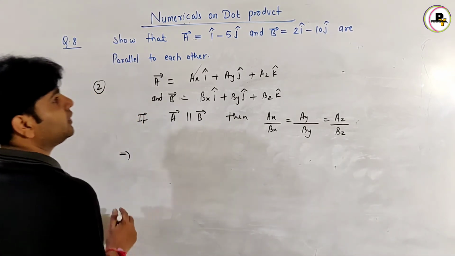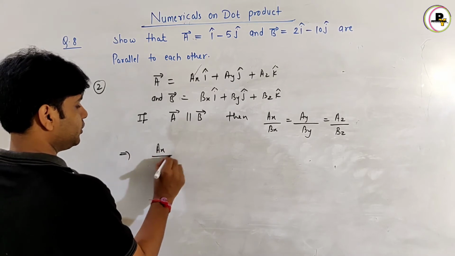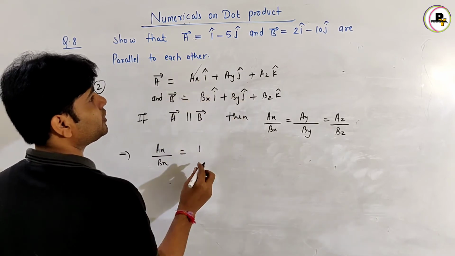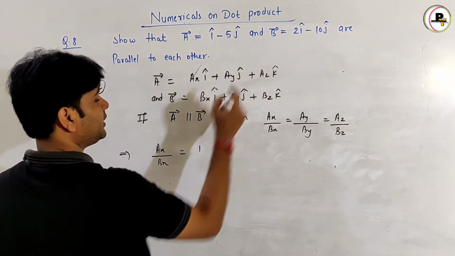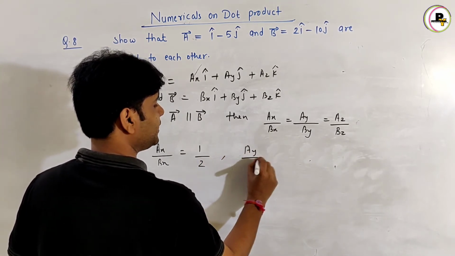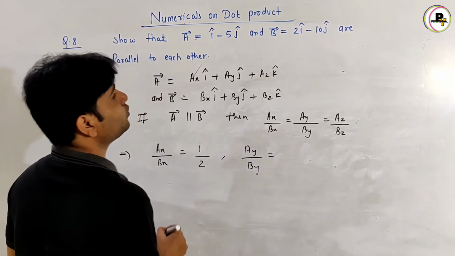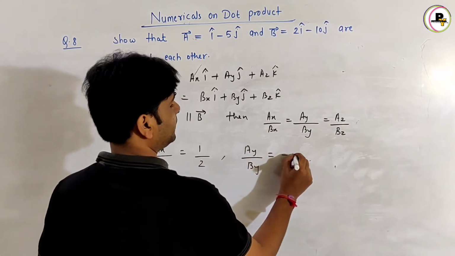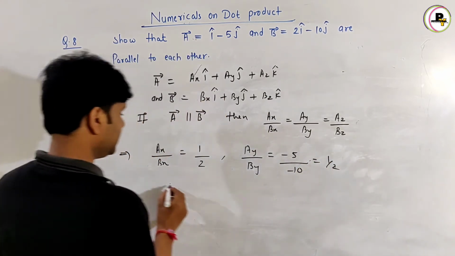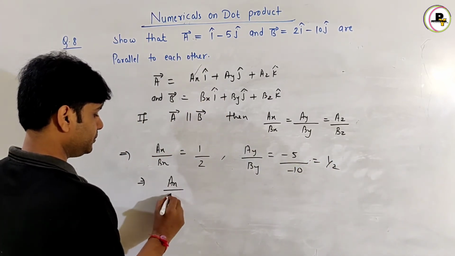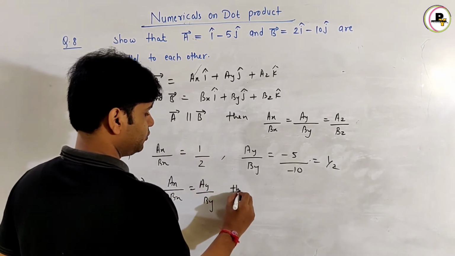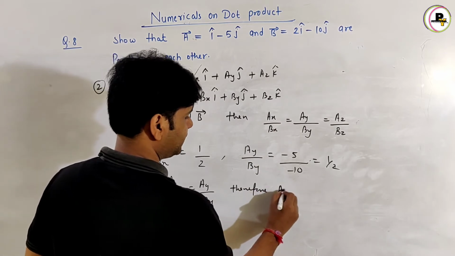So here what is ax upon bx? Ax upon bx is equal to, what is the coefficient of i? It is 1, and what is the coefficient of i in vector b, it is 2. And now let's take ay upon by, and this is equal to what? It is minus 5, and this is minus 10, and this is again 1 by 2. Therefore ax upon bx is equal to ay upon by, and therefore I can write here a vector is parallel